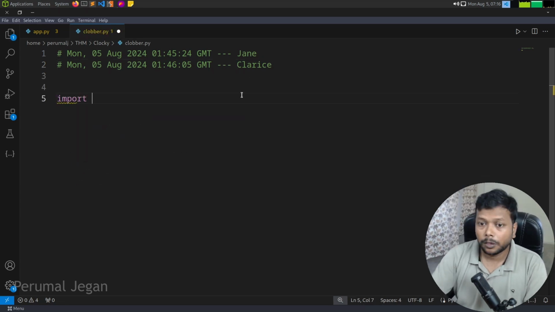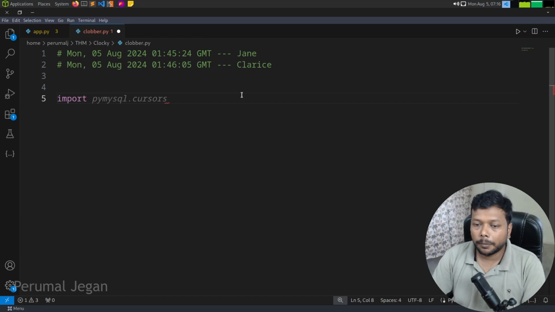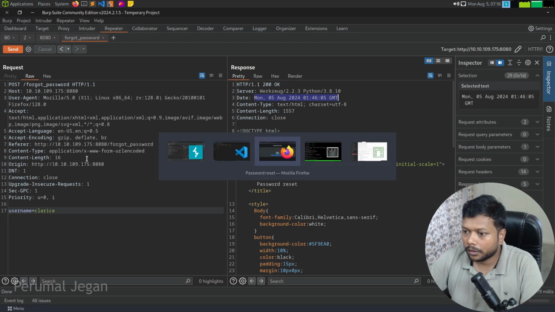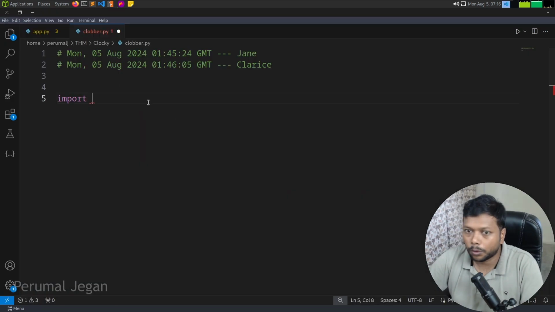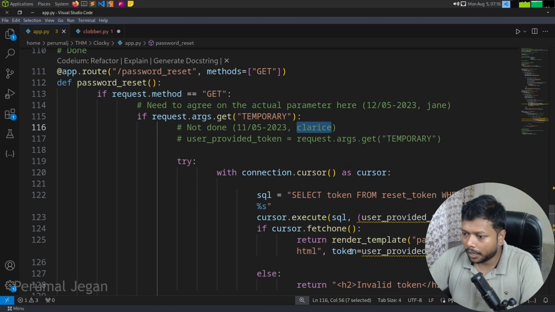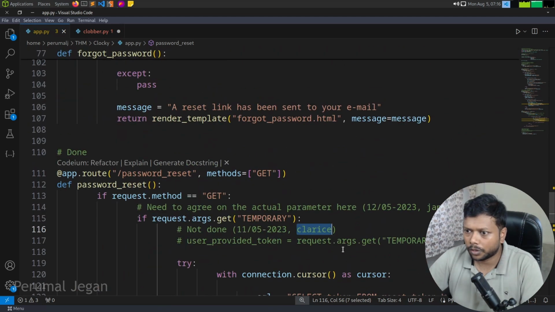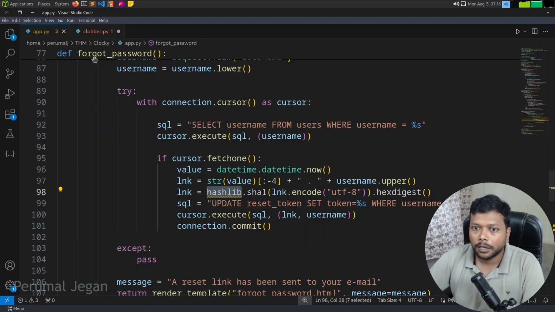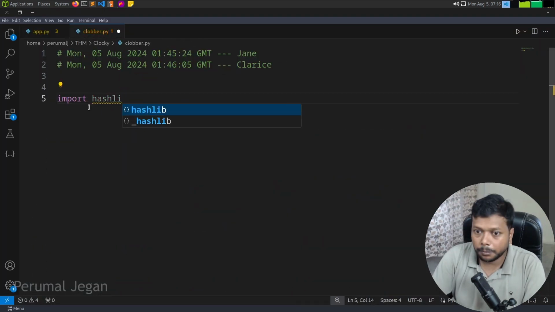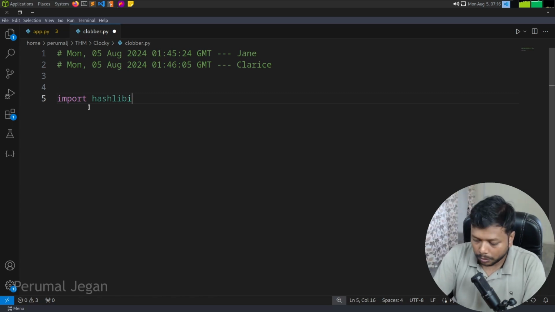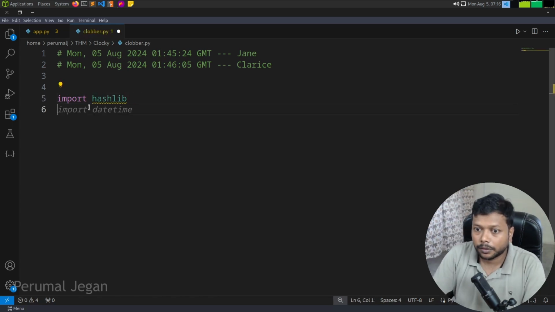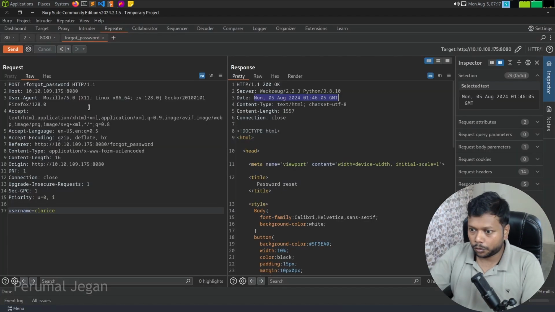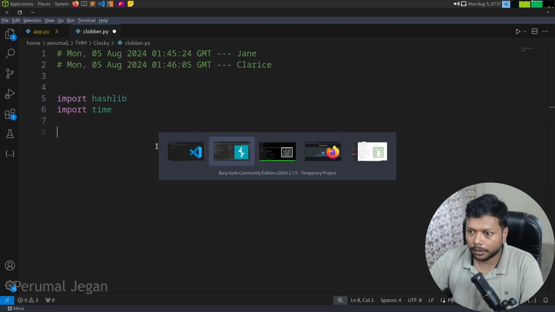Now I go import. Sorry, what is that library that was used in that code? urllib or hashlib, sorry, hashlib. Yeah, hashlib, because we were doing some hash operation. So let's do that. hashlib, and also import time. So we are importing these two, and